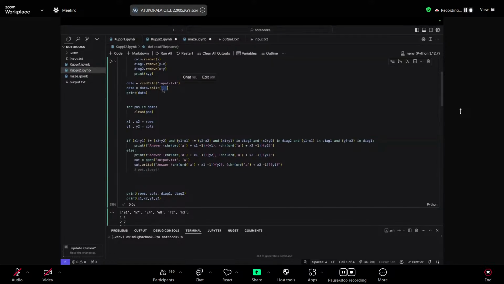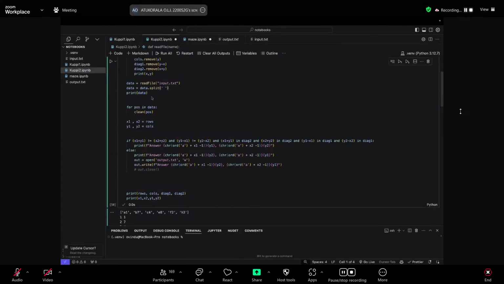So what this tells the code to do is you take this string called data, and every time you come across a space, you break that into another single string. So you have to break this big string called data into smaller strings. But where do you break it? You break it where you come across a space. So I think that is what split does.